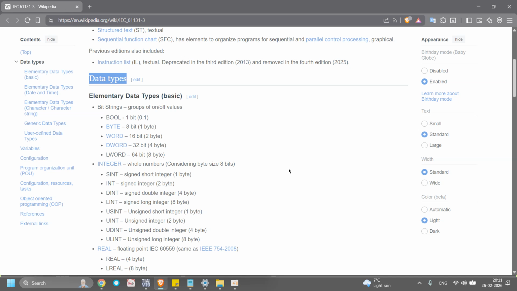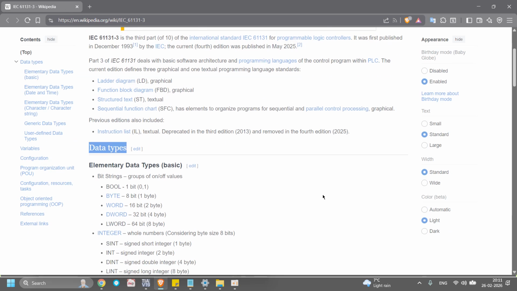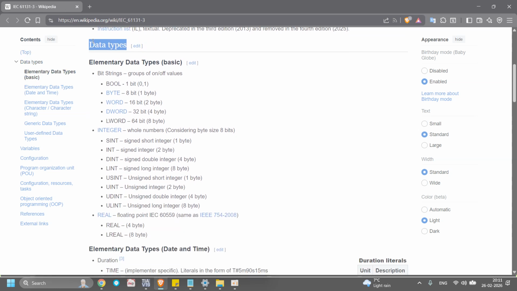So let's go for the data types. First thing, I can show you. Normally, the international standard IEC 61131-3 has five languages. Normally these five are for programming, and most people know them: ladder, function block, structured text, SFC, and instruction list, IL. But right now today we are not showing those. I'm just showing the basics. The important stuff is data types.